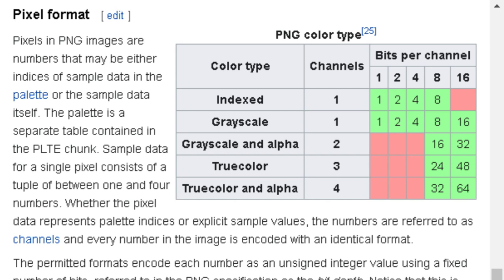PNG color type table. Aside. Diagram on the right side. 4 columns: color type, channels, and bits per channel. We will go over the different rows. We have 5 rows: indexed, grayscale, grayscale and alpha, true color, and alpha. First row of data, the color type is indexed. It has 1 channel, and the bits per channel are 1, 2, 4, or 8, and 16 is not an